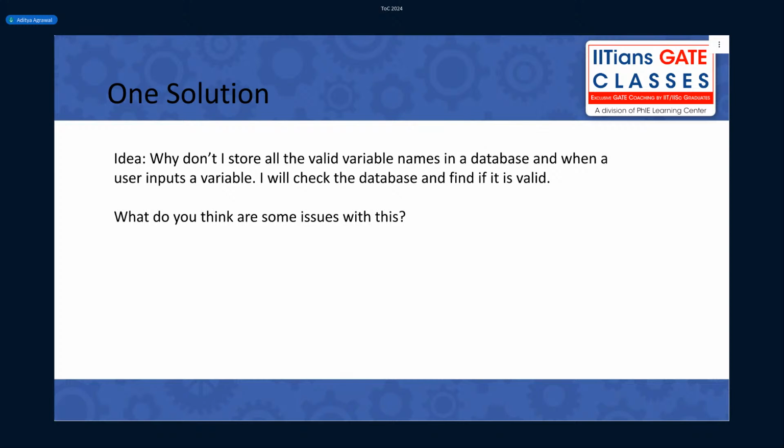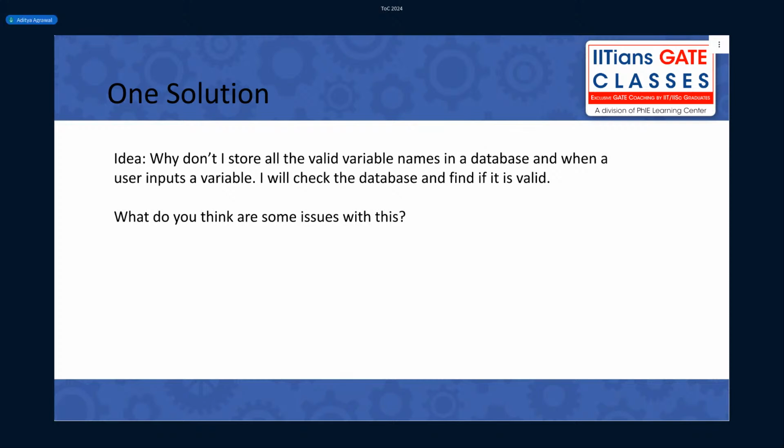Does it solve my problem? It does, right? I have a set of variable names in a database. You declare, let's say, IGC123. I check if IGC123 is in the database. And in case it is, I say it's valid.